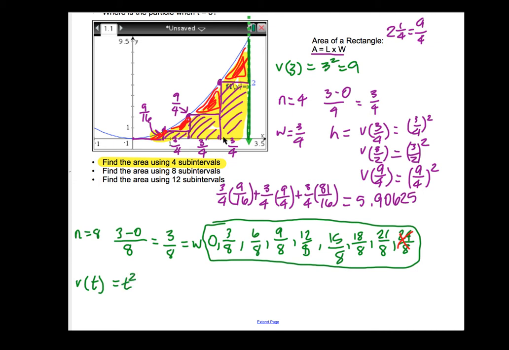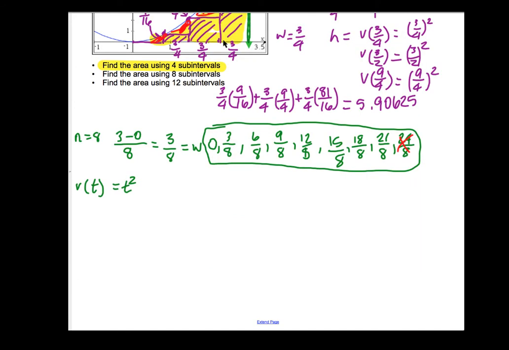T squared. There we go. So what we're going to have then at all these different widths is just basically a squaring of the numbers that we just found. Okay? So we're going to end up with 3/8 times 0 squared plus 3/8 times 3/8 squared plus 3/8 times 6/8 squared. And we're going to do this the whole way through